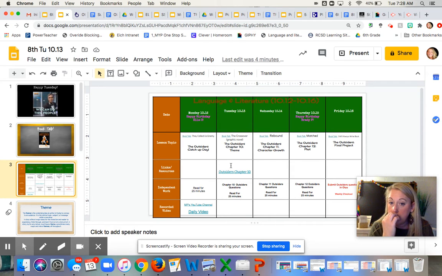Okay, so let's go ahead and get started. Today, we are reading the 10th chapter of The Outsiders, and we are learning about theme. After you have read the chapter, you're going to go into Otis and answer the chapter 10 questions. I'm almost done grading the first set of those, and the major thing I'm seeing that is lowering people's grades is just not answering in complete sentences. And if you don't know how to answer in a complete sentence, please email me and I will be happy to explain that to you.